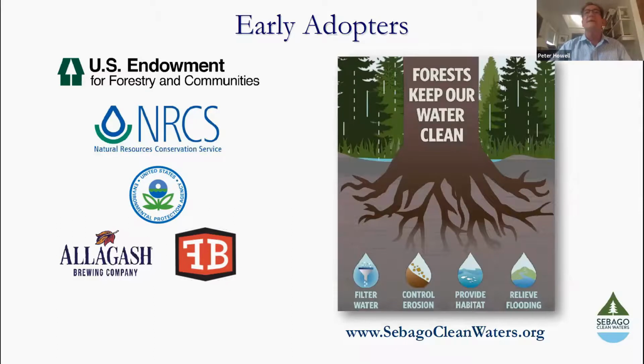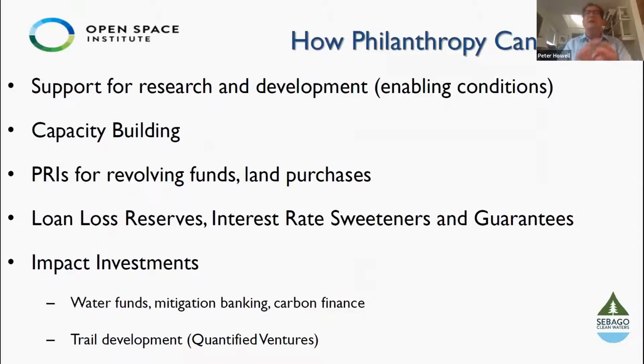Next slide. But here are some thoughts. We're on the cusp of attracting some major philanthropy. We've gotten good news from one for a very large commitment. But philanthropy can help in a couple ways. It can support the R&D of the science and some of the economic modeling to establish enabling conditions. It can help strengthen the capacity of players. One foundation has helped strengthen some of the regional land trusts to get them poised to step up and accelerate